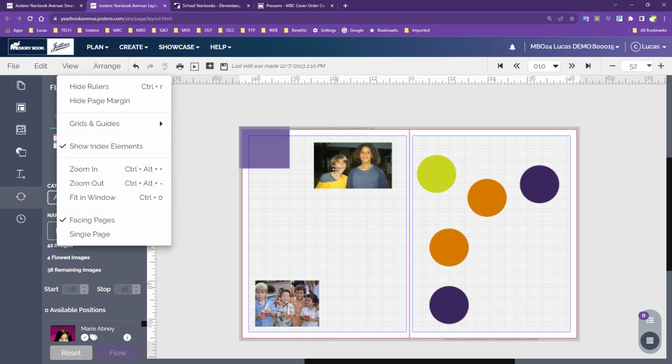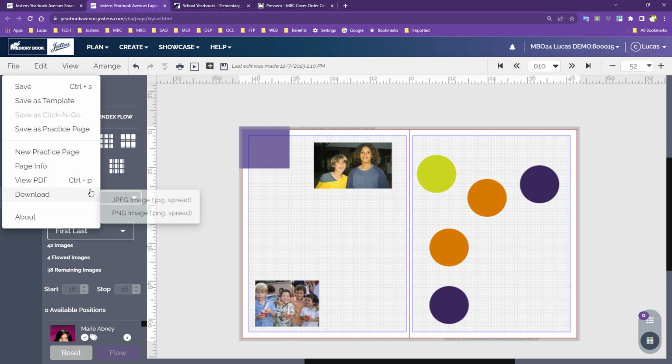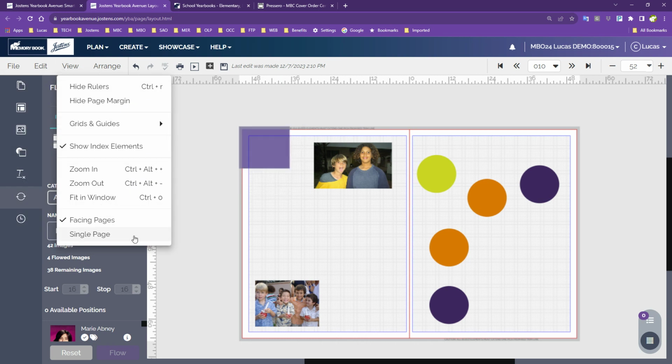Now, when working on the book, a lot of people, if you're the only one working on your book, or maybe you just have a few, but you've separated, like, I'm going to take this spread, or if you're already planning on working in spreads, that works well. Now, where you might want to switch to single pages is this comes in handy